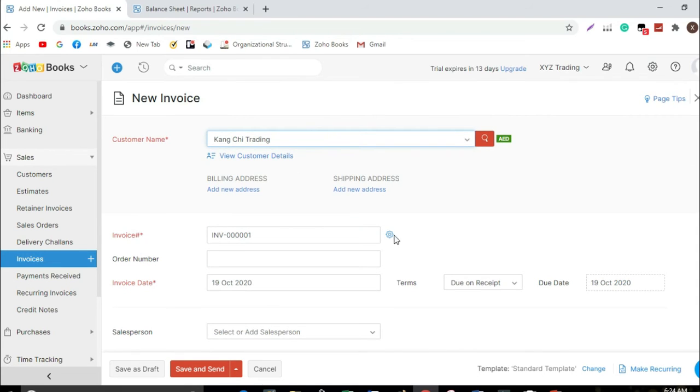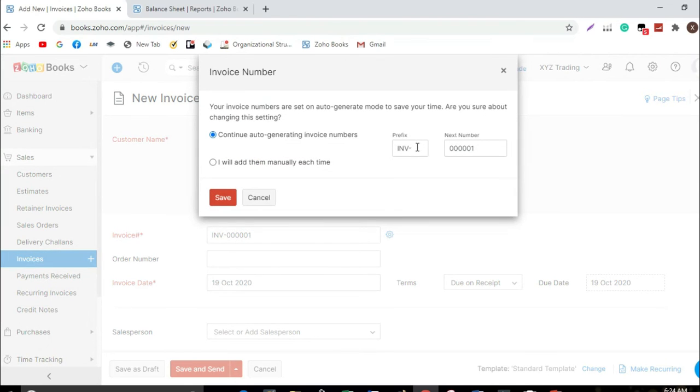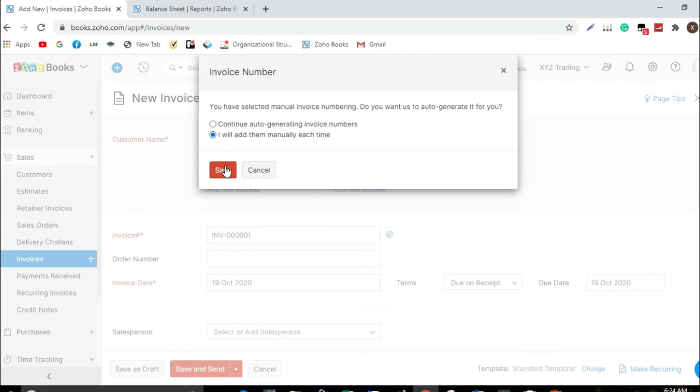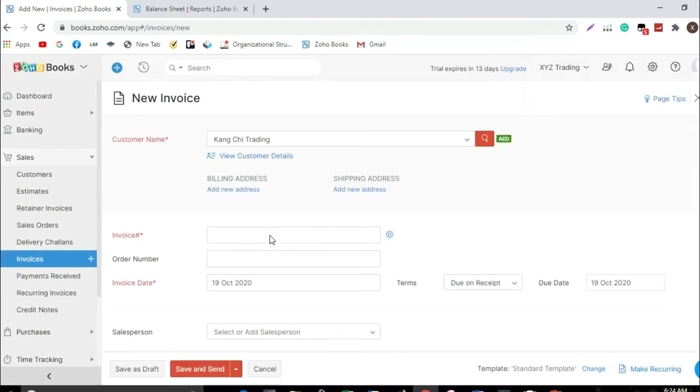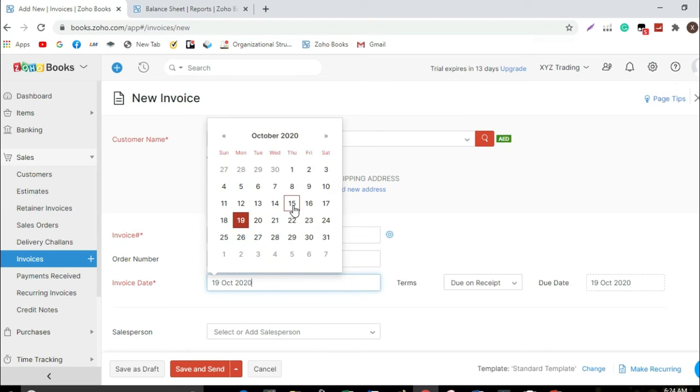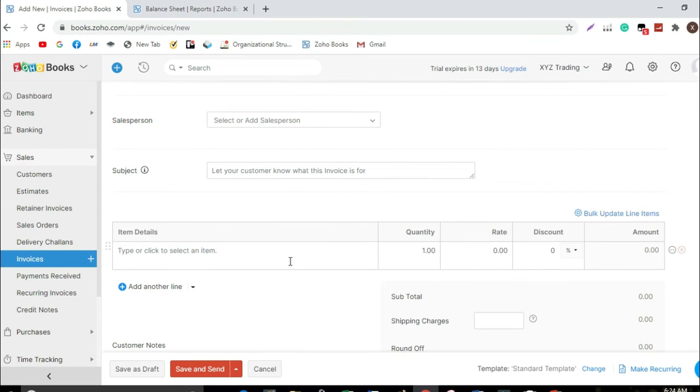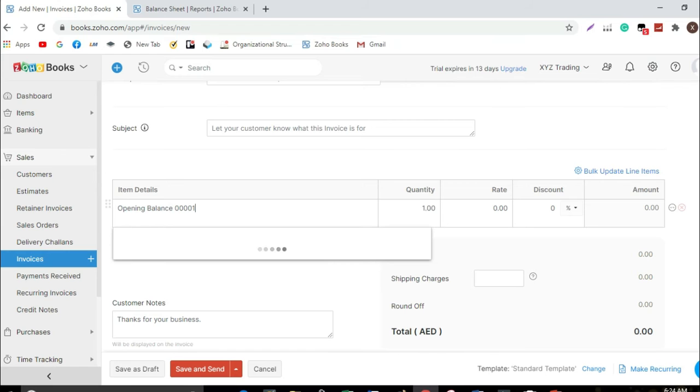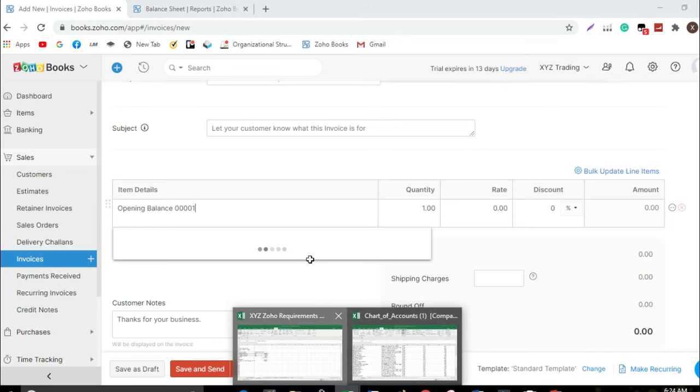So let's start processing the supporting documents. First, it's under customer. The reference I've used, it's opening balance, so I put opening balance 001.